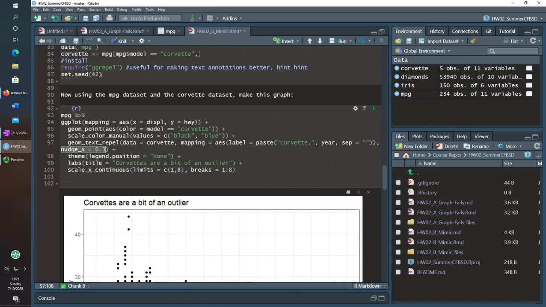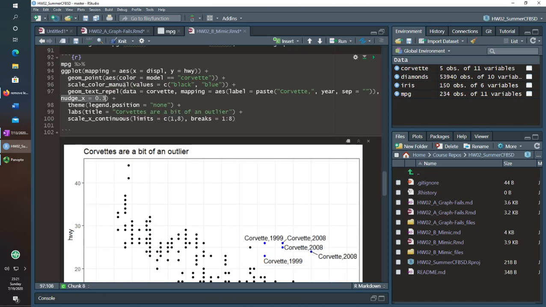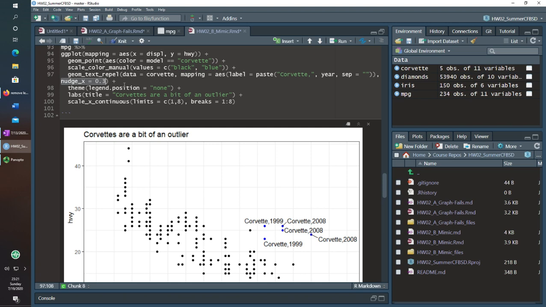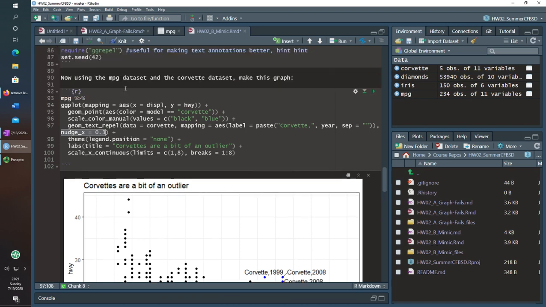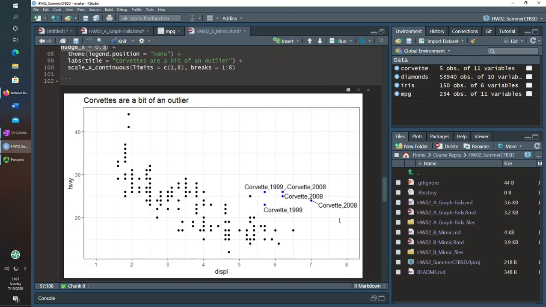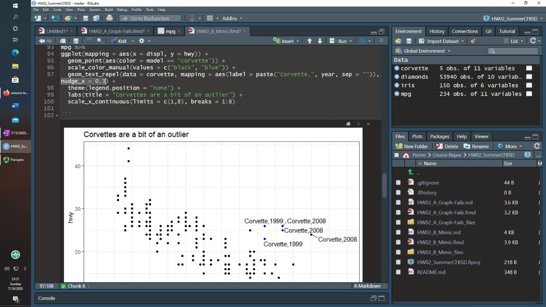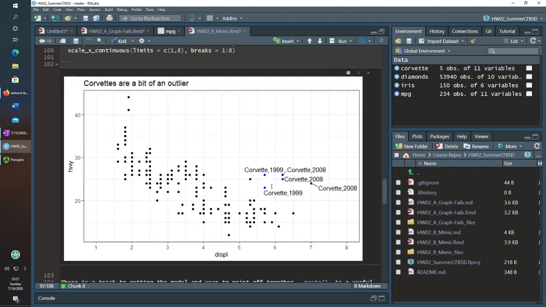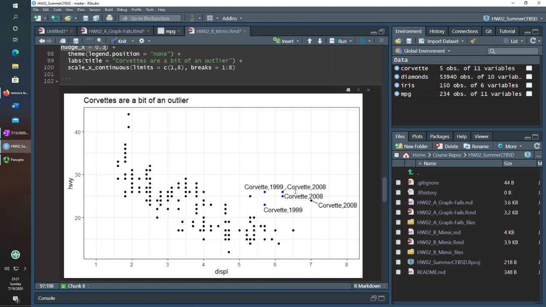If you set the seed to a number, since there's a little bit of randomness, setting a seed standardizes it. So you probably had a similar output to this, except if you didn't use the nudge x equal to 0.3, and so basically that shifted it off to the right.